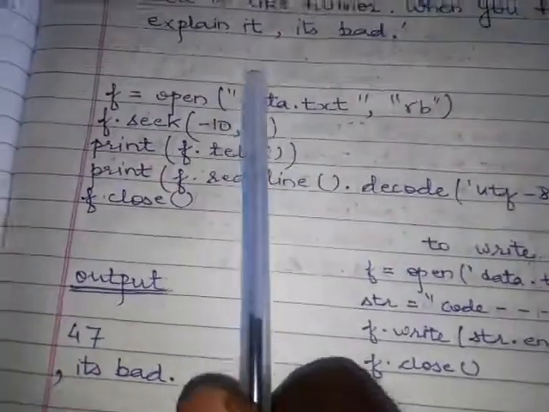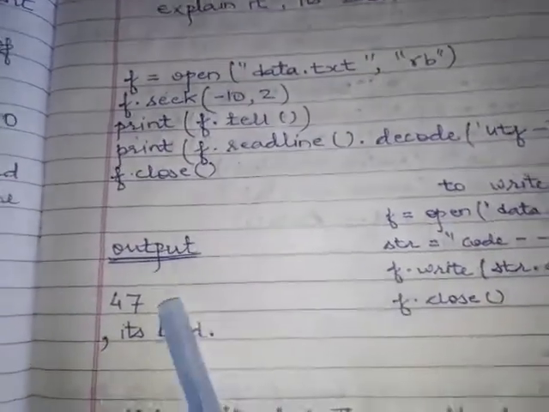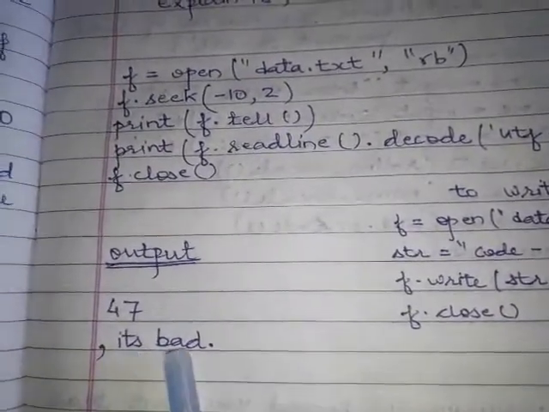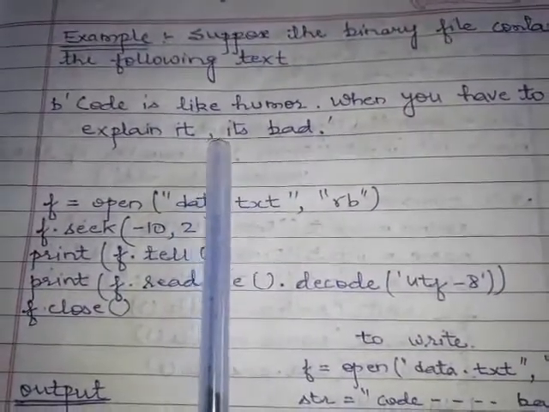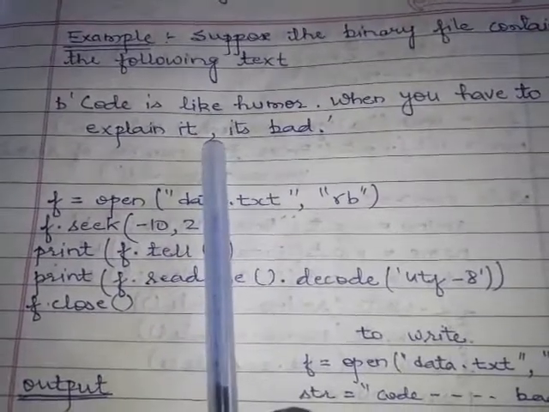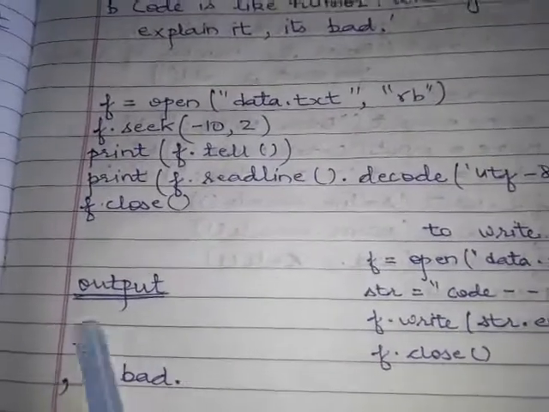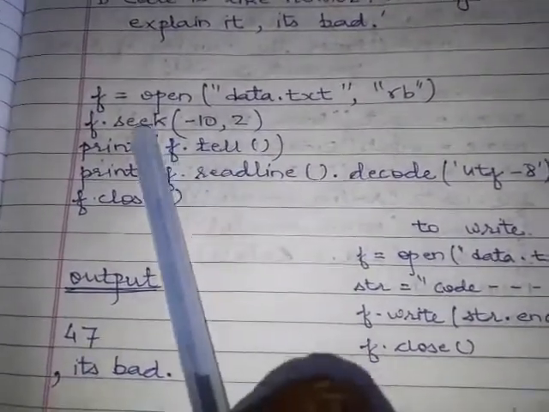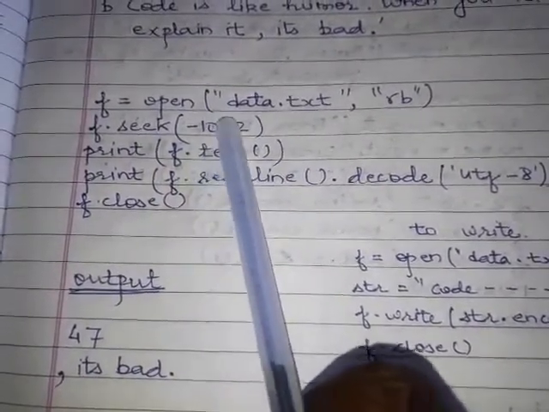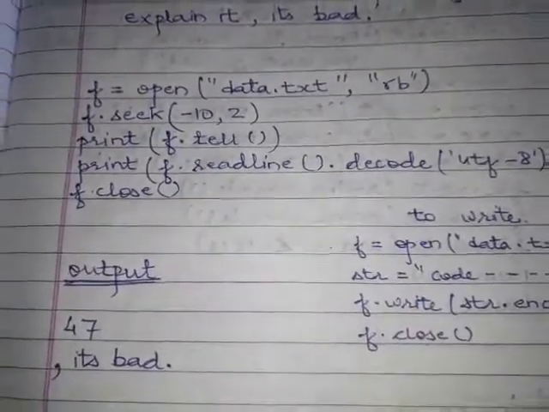so our pointer is here, so it's bad. The pointer will move in the forward direction, it reads from here, comma, it's bad. Okay, so this is the technique of how fseek with a negative offset will move in the binary mode. Okay,